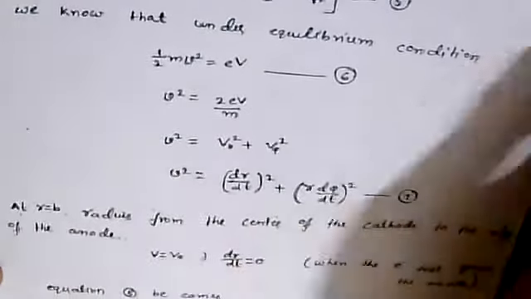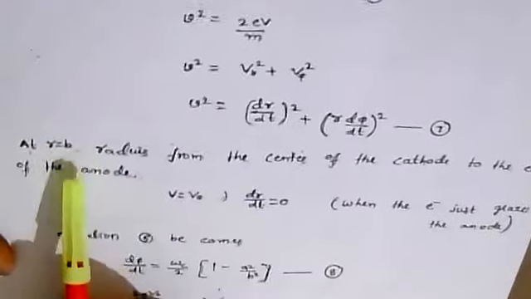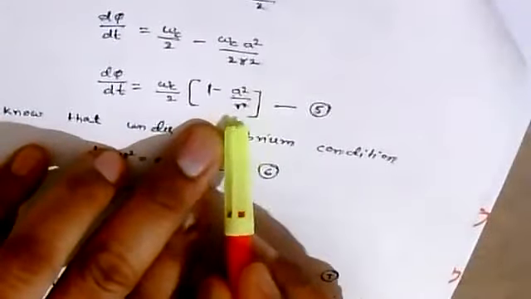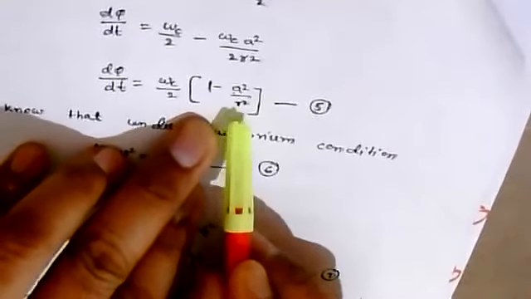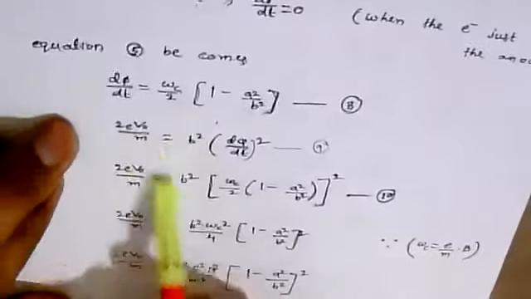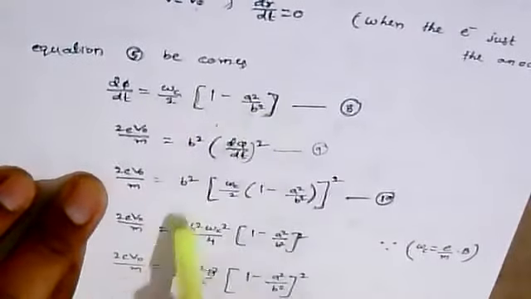Okay. So now, considering the anode radius over here, r is equal to b. The same, substituting r equal to b in equation 5. Where we had a square by r square, we need to take b square here. Now the radius of the anode is considered, it will be b square. Then we keep on simplifying by taking the terms over here, and cross multiply with this.